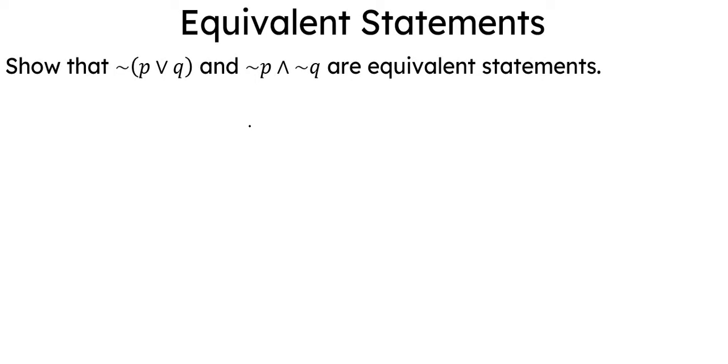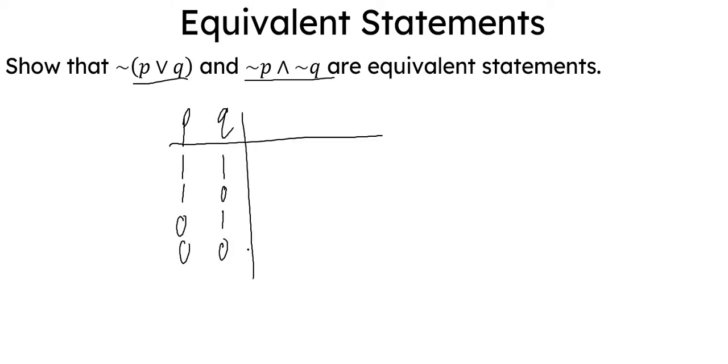So we were asked in the previous video to show that these are equivalent statements. So let us show that. We have P and Q: 1, 1, 0, 0, 1, 0, 1, 0. And then we would have our equivalent statement. To show that these two are equivalent, we'll have not (P or Q) if and only if